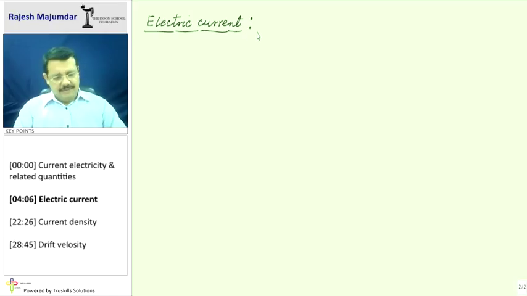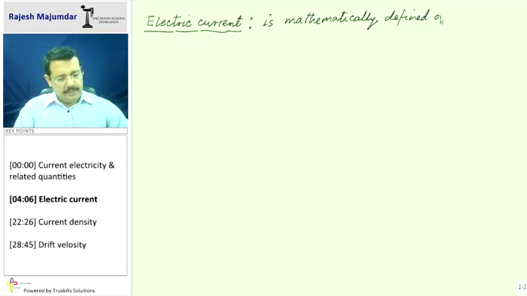But for the present time we will keep saying it as electric current. Electric current is mathematically defined